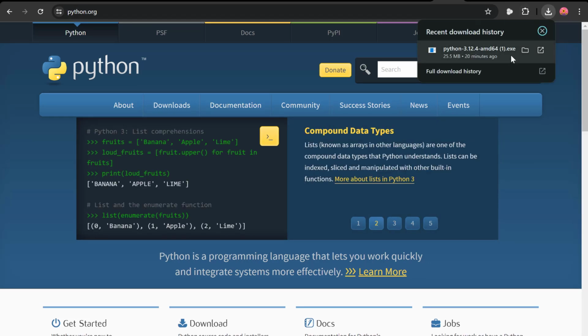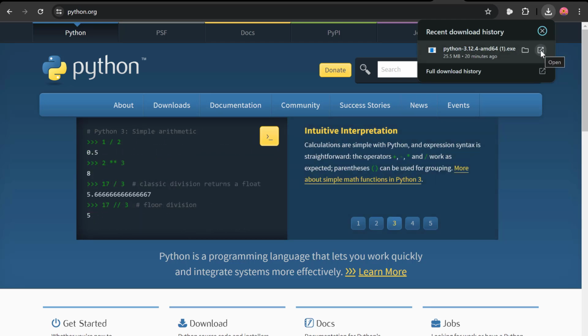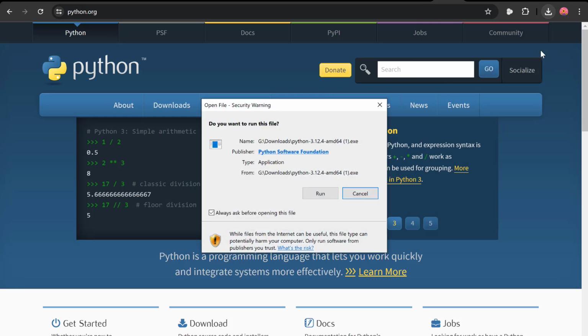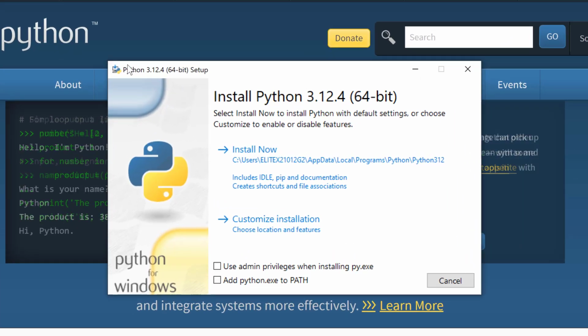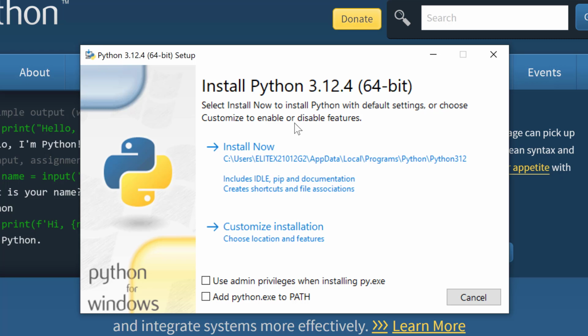Once the setup has been downloaded successfully, you go ahead and click on the icon to open the setup, and then it opens up this pop-up. Then you click on run. Now when you click on run, it opens up this pop-up, and for you to be able to install Python,